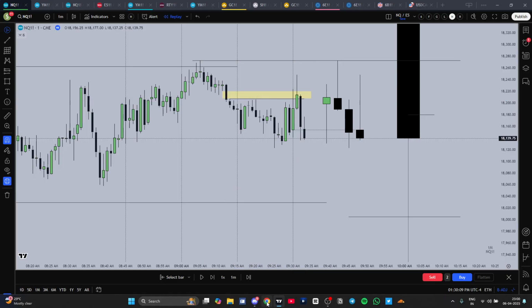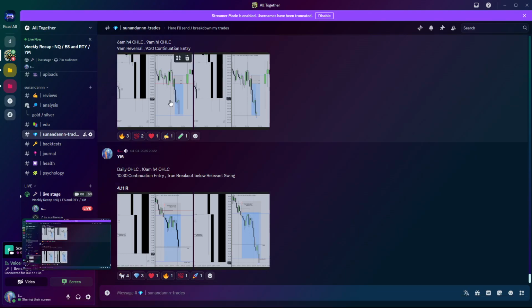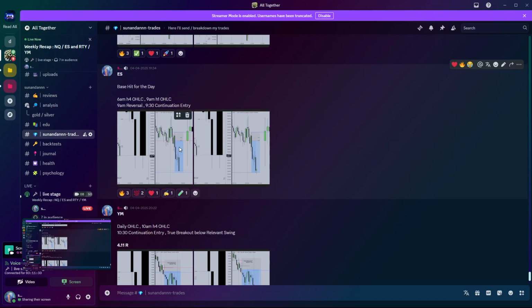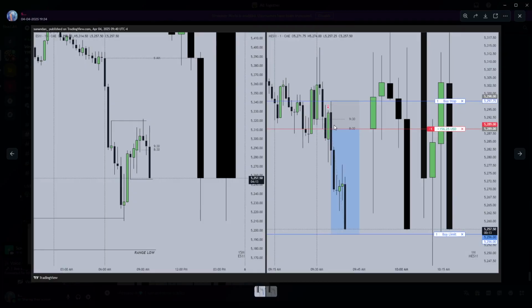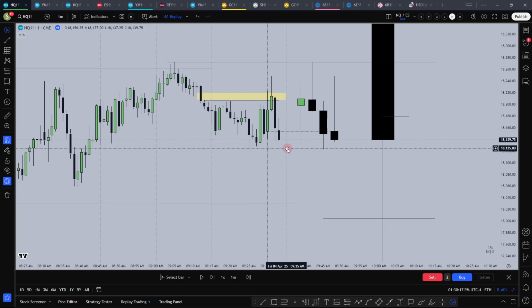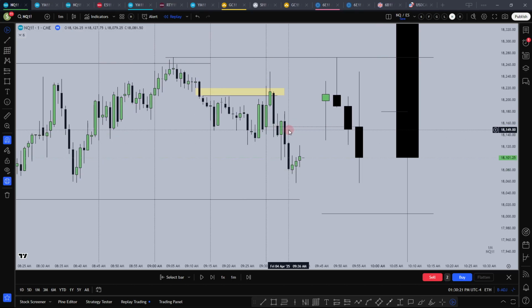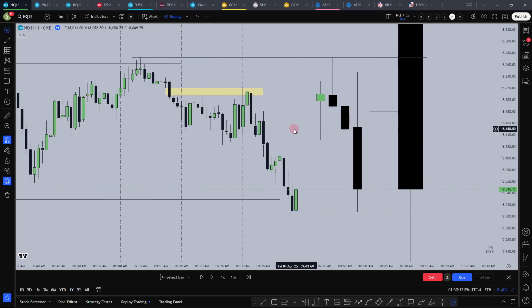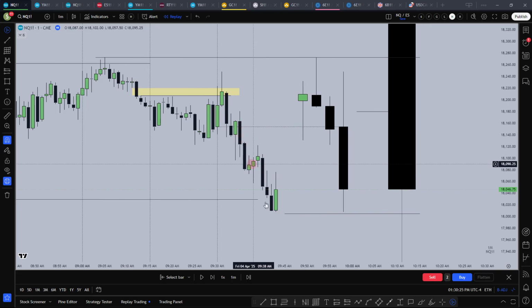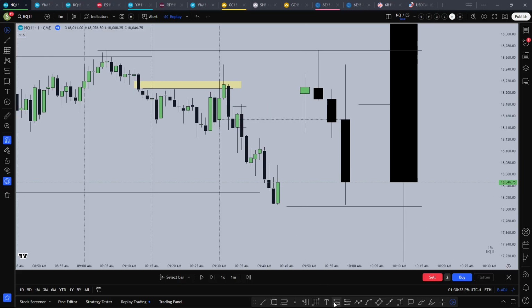Where did I take my entry? It was on ES, I guess. Yes, continuation entry. So I use this as a framework, then till the relevant level, base it kind of. You could have entered here as well. Continuation entry, relevant level, close below here, protected by EQ logic,